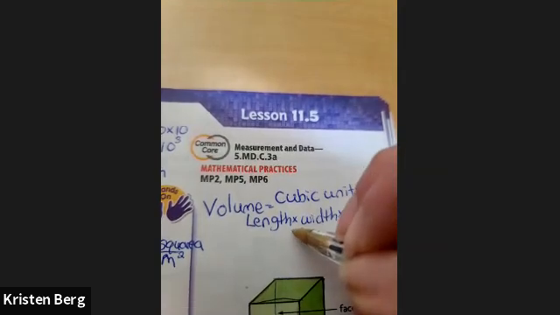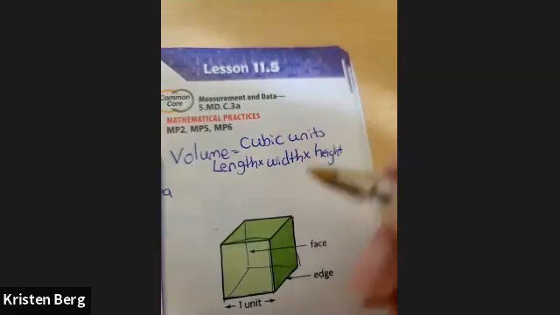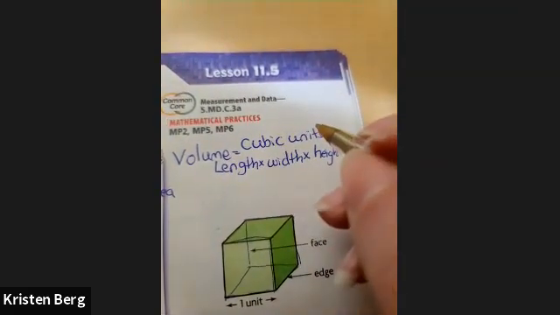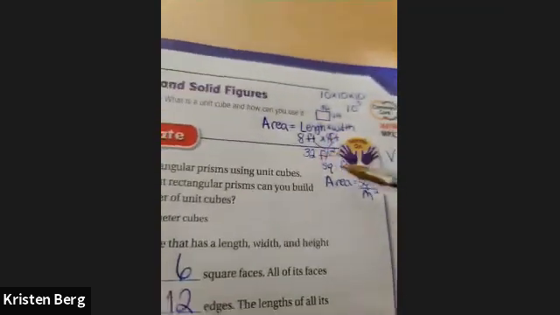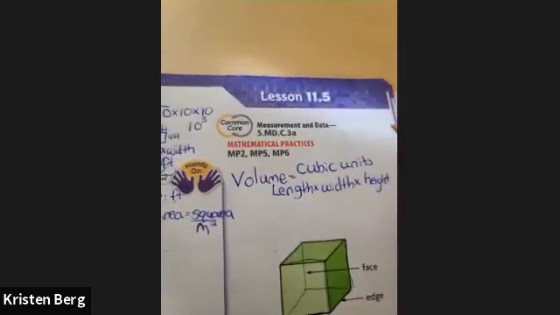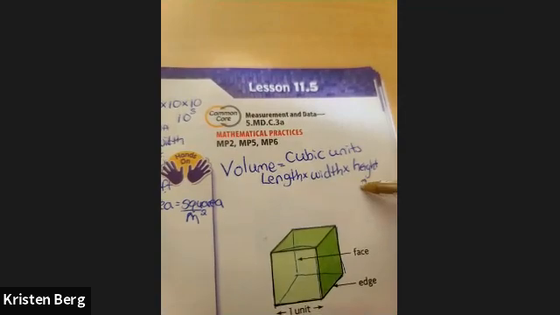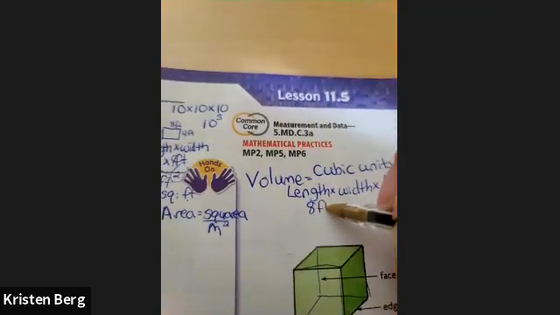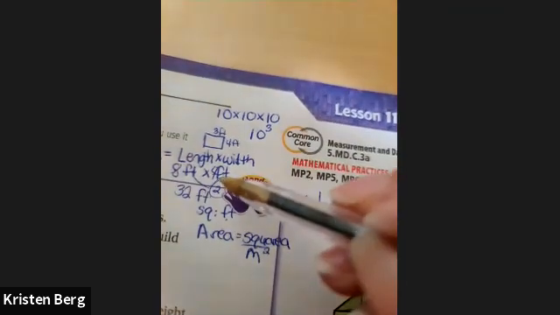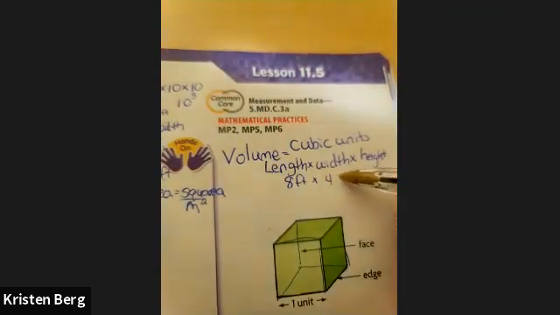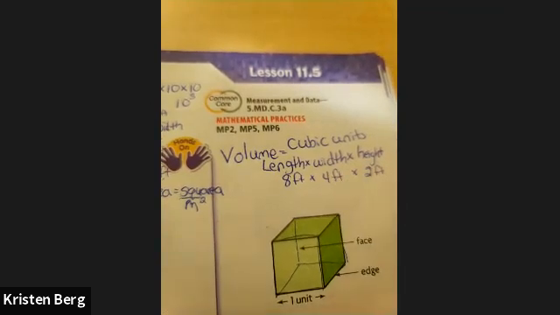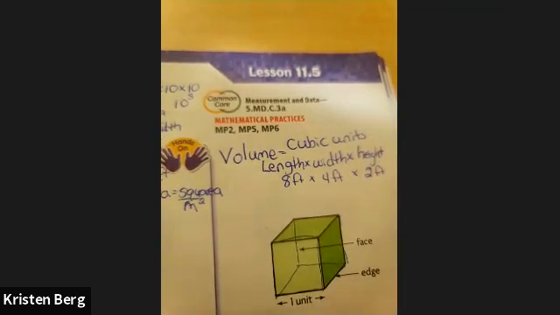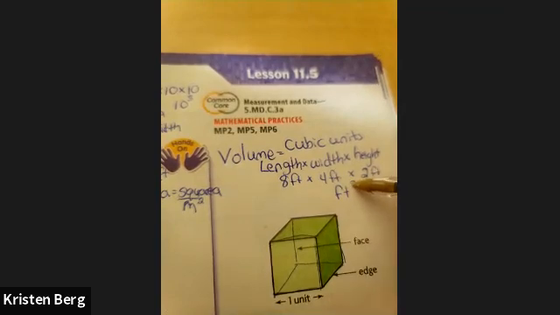So in this case, say the height to this one was 2. So now it would be 2 feet times 8 feet times, what was the other one? 4 feet, because the length and the width still stay the same. Now we're just going to add a height to it. So in this case, it is now feet times feet times feet, which is really feet to the third power,